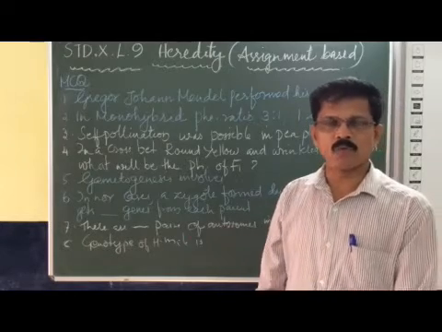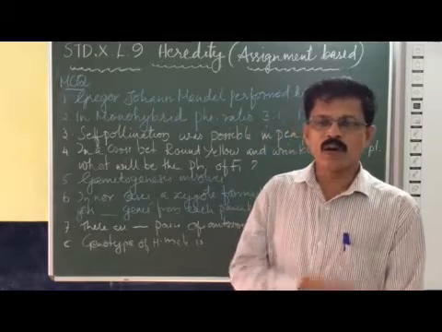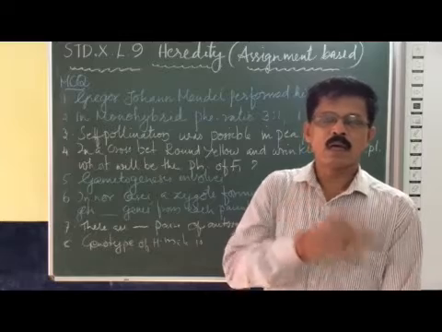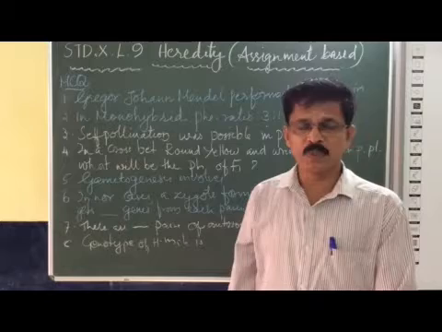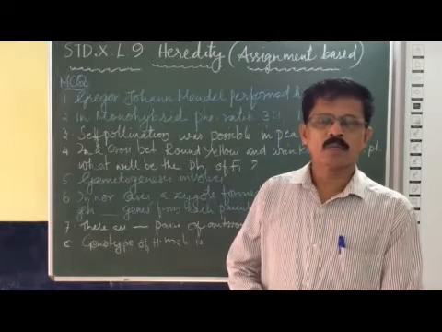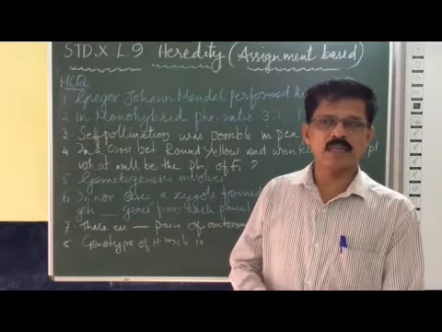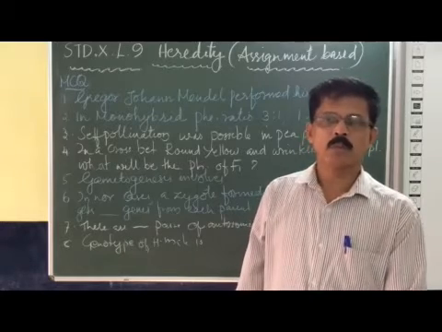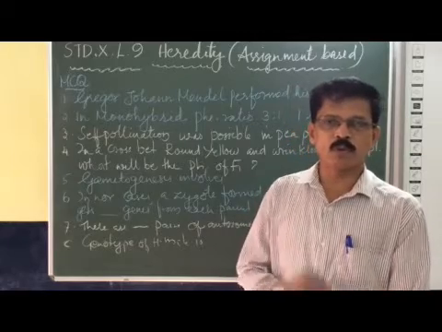We have only a single record for physics, chemistry and biology, and we have to divide the record into 3 equal number of pages. The first 1/3 of the pages will be for physics, section A. Then the second 1/3 is for chemistry, that is section B, and the last 1/3 is for biology, that is section C, biology. Okay. In this section C, biology, we have to write 2 experiments.